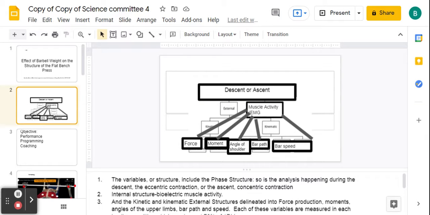So to review our results, we find that there are several significant factors in the relationship between muscle activity and the relationship between bar speed, bar path, and the moments arms. The angle of the shoulder shows a negative correlation between the lats and the front delts and the actual motion